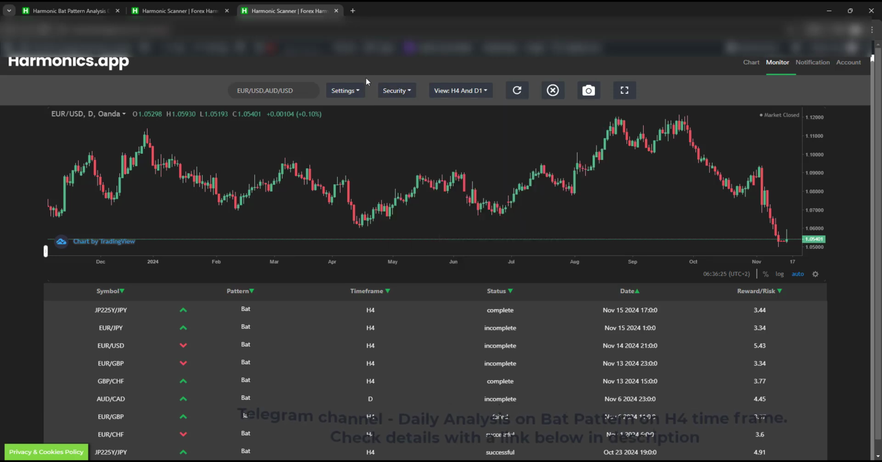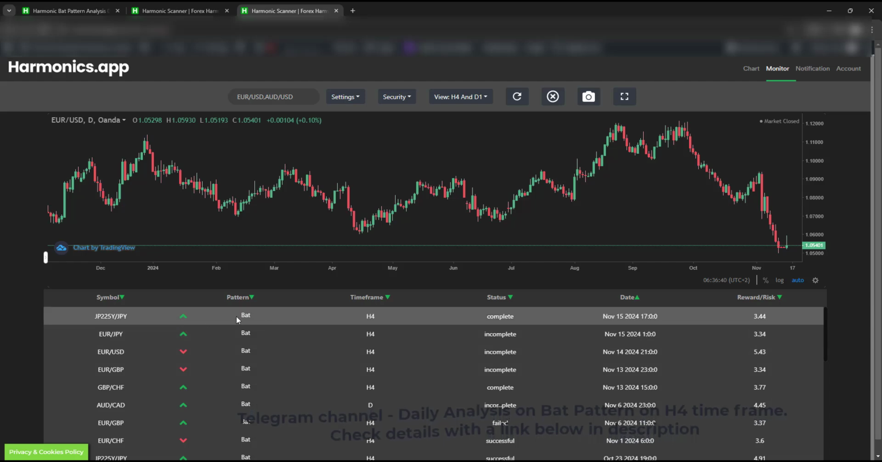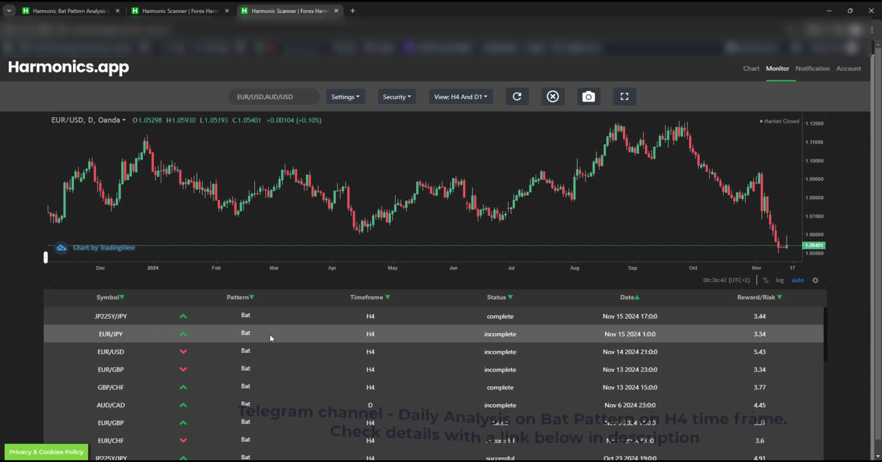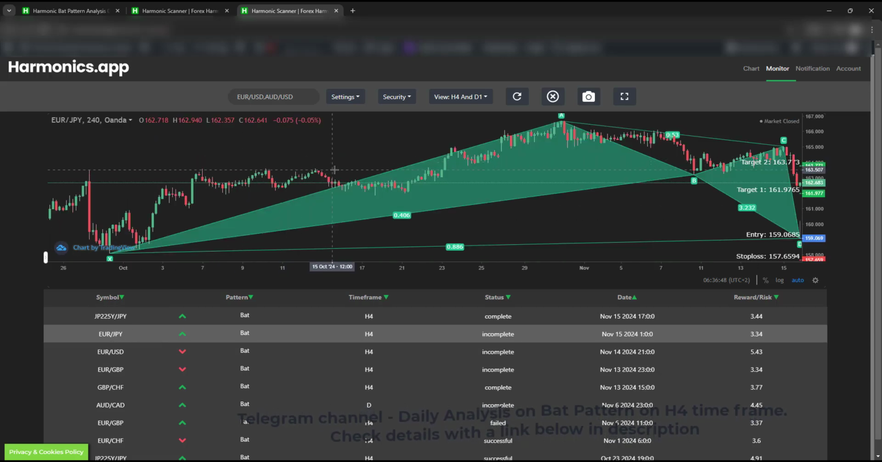And that's all. After that, whenever there is a pattern formed on the chart based on your selection, you will have this table populated by Harmonic SAP Scanner inside this monitor tab. And inside this table, each row has its own data. For example, if you click on the Euro Japanese Yen,